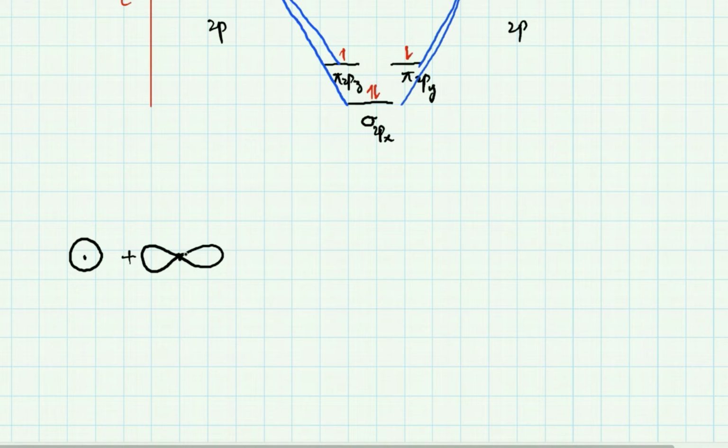So suppose these are two phases of the p, their combination will result in the formation of this molecular orbital,